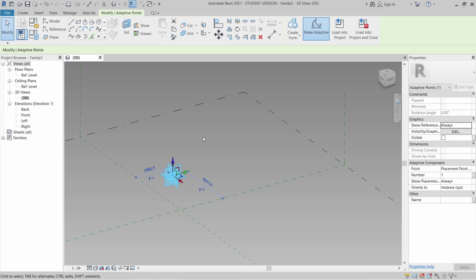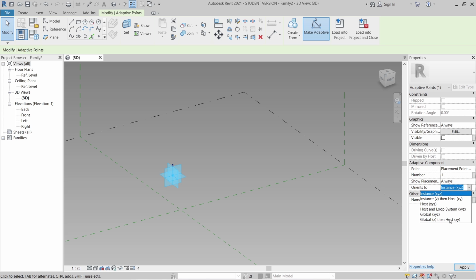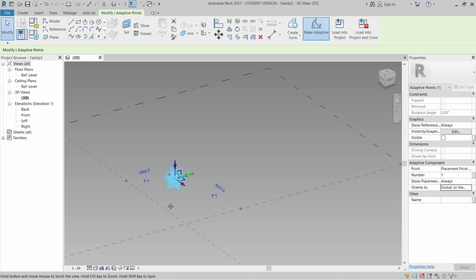I just want my adaptive point to stand vertical, so I will go to my Properties panel and change the orientation from Instance XYZ to Global Z, then Host XY. This one is meant just for vertical. Sorry, it is XY, Y is for front, sorry about that. Then I can hit Apply.